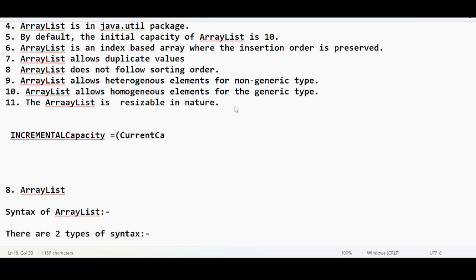current capacity into 3 divided by 2 plus 1. Incremental capacity, what does it really mean? And focus on this point also. ArrayList is resizable in nature. Resizable in nature. We have understood that the moment you are declaring an ArrayList and performing the instantiation,